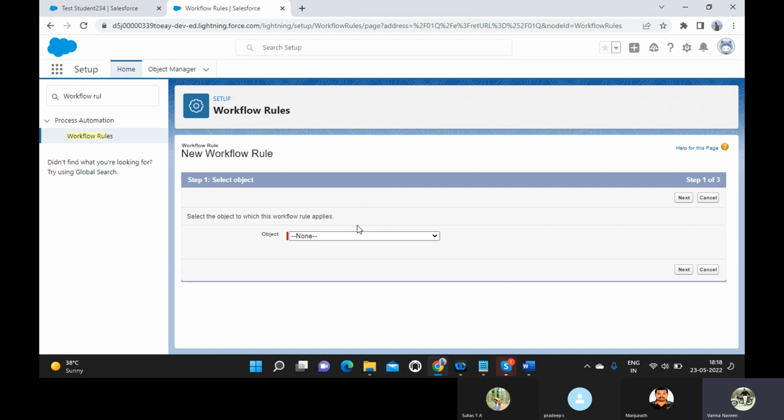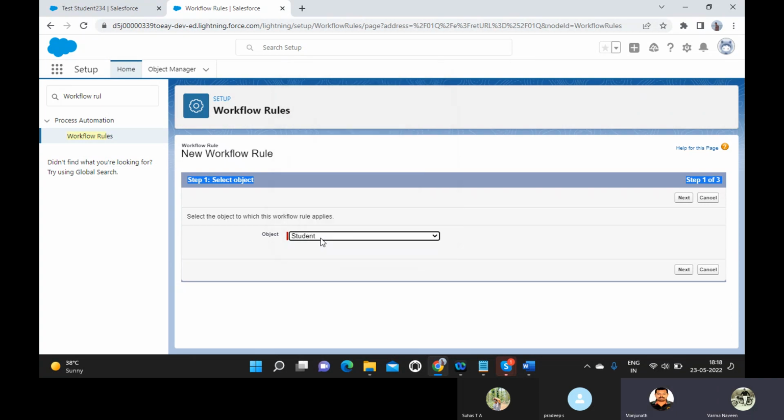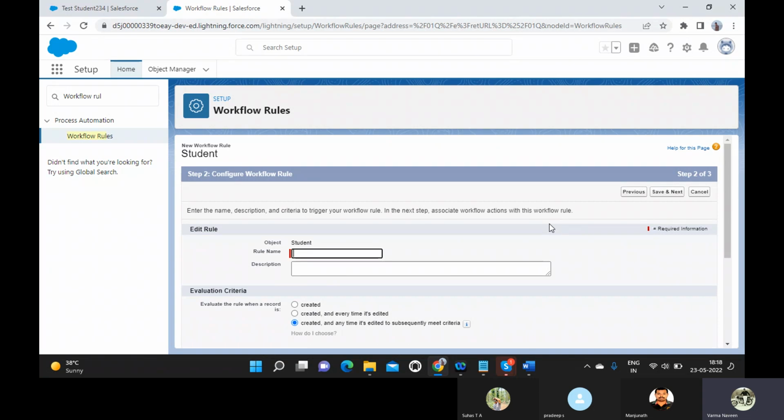What is it asking in the first step? It is asking us to select the object. Student object is selected. Click on next. What is the rule name? Let's say